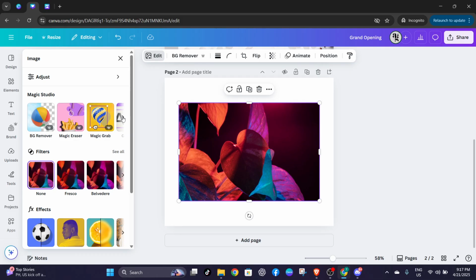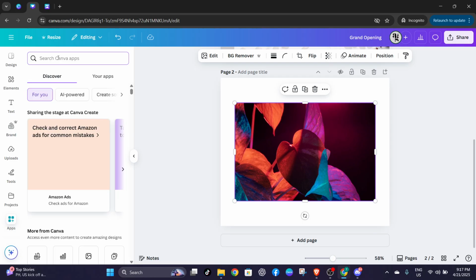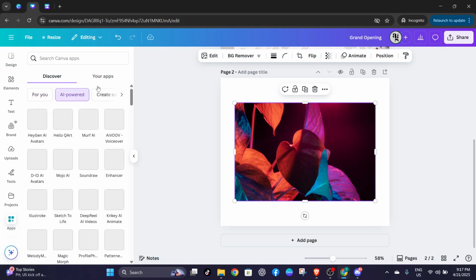You'll find it under the Apps section. Once there, you can enter any text prompt you desire, perhaps a theme or specific imagery, and hit Generate. With just a click, Canva will bring your vision to life by generating visuals that you can seamlessly incorporate into your design projects. For those text-based projects, tap into Magic Write, which can be found in the toolbar or by